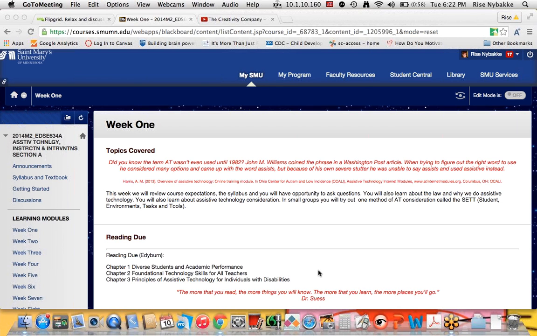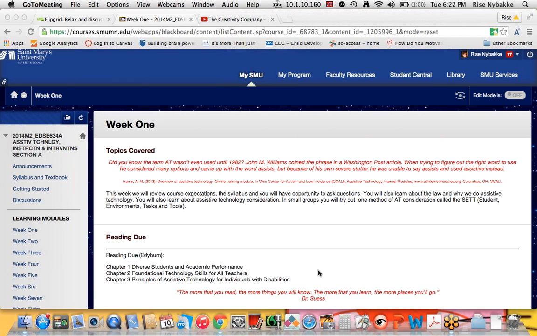So that's why you have one required group project, and then there are 2 other projects later in the course you can choose to do as a group if you want to. You could even choose a different group. If you wanted to just work with one person, you could. If you get something out of groups, you can do groups, and if it's easier for you to do things on your own, that's fine too. The other 2 activities are the website, the Assistive Technology Toolbox, which you can choose to do as a group, and then later in the course, there is a presentation that you can do as a group or on your own. So totally your choice.